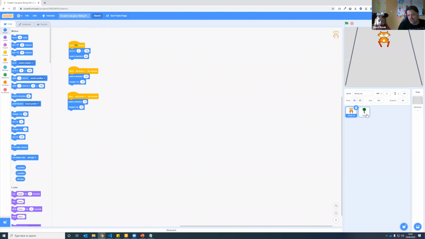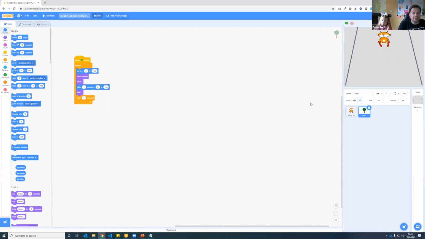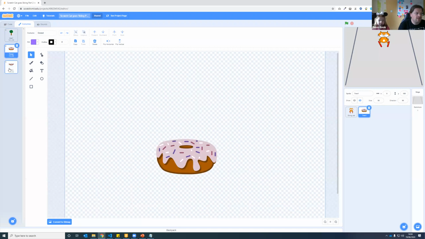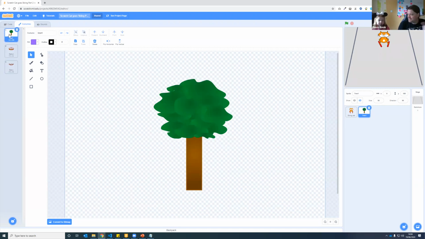So if we have a look at tree, and I've clicked on tree, and this is this area. Do you remember what this is called? It's called our sprites. So I clicked on the tree sprite. I'm then going to move my mouse up here to costumes. We can see that normally costume 1, costume 2 and 3 have typically been differences of the same things. The first would be a tree, the next would also be a tree, but maybe the leaves have moved a bit and it would make it look like the tree is